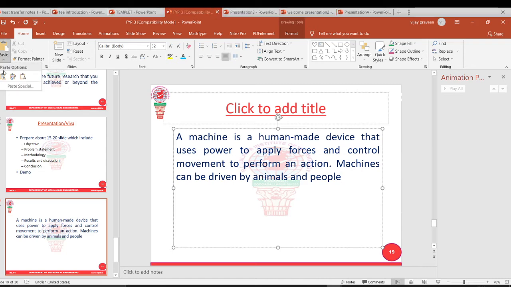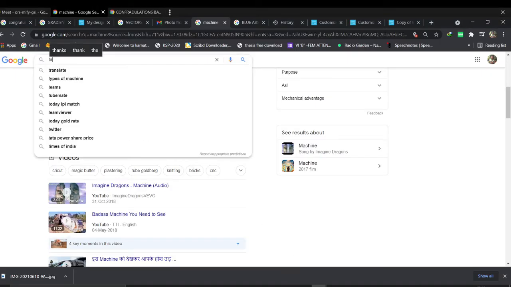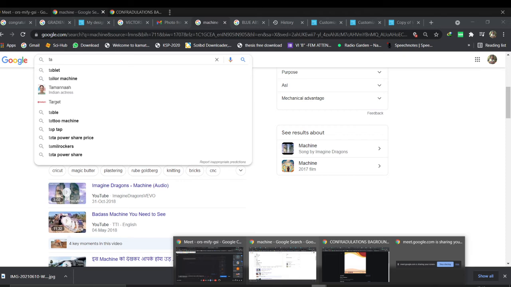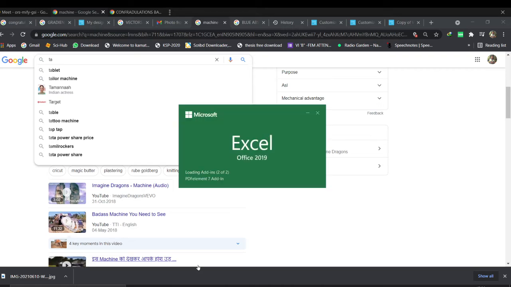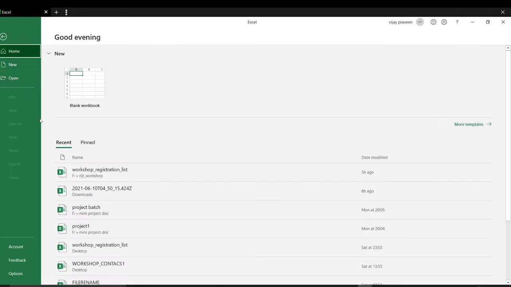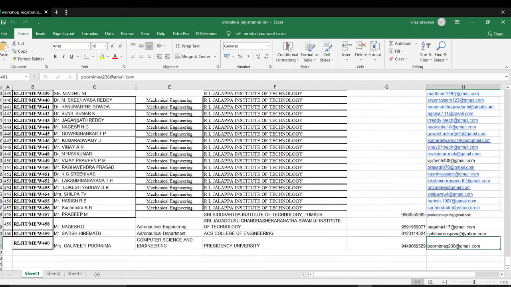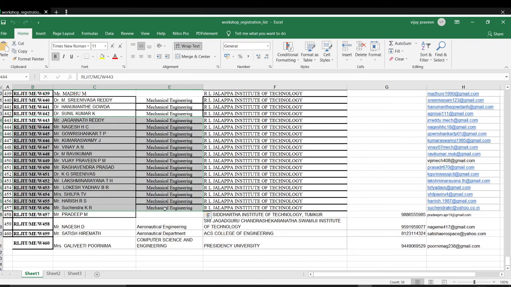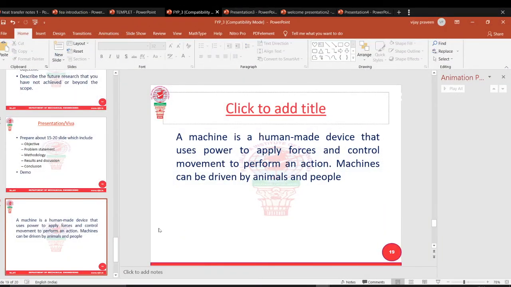There are different paste options. Suppose I copy some tables. I will copy some text table that I already made somewhere. I will copy this one, Control C. Now I will paste this here.